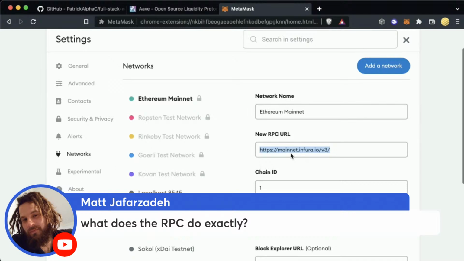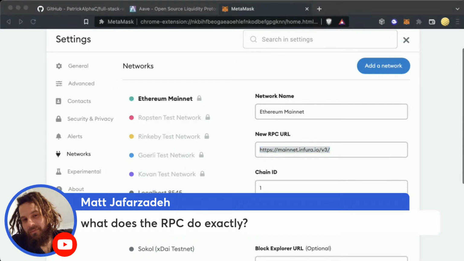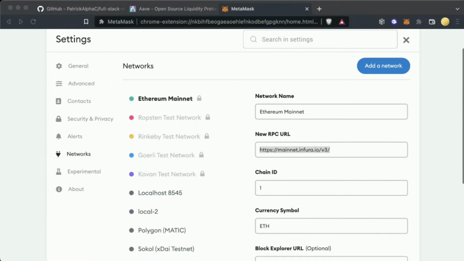So an RPC URL is a connection to a blockchain node. When you run a blockchain node, you can optionally enable an HTTP endpoint to accept requests. And that's exactly what this is. So this RPC URL is pointing to a blockchain node running somewhere that Infura hosts right now. And that's pretty much it. So we need this blockchain connection to send transactions to that blockchain node.